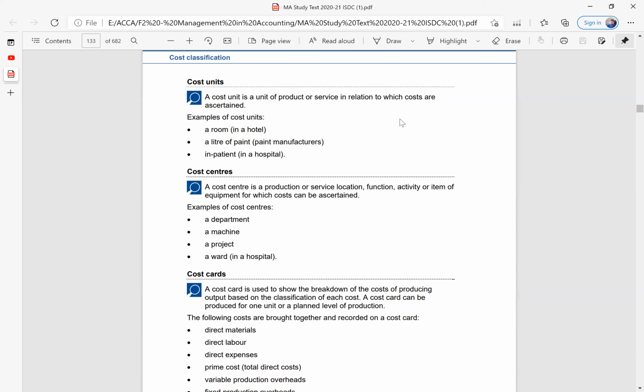Okay. Similarly, the product that you would be making for your company and you will sell it in the market and you will earn revenue from it. Now, because you have produced that product in your company, you would have incurred some cost, right? So that product becomes a cost unit of it. Okay. The cost object and the cost unit could be one and the same thing.